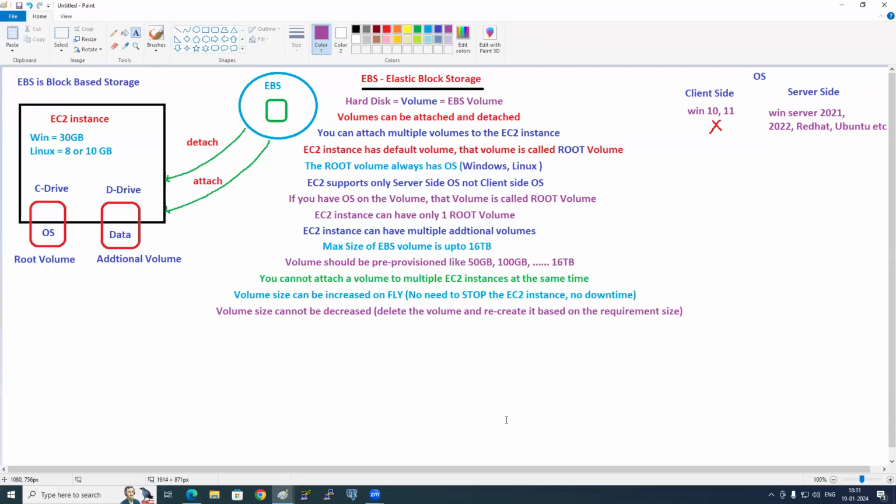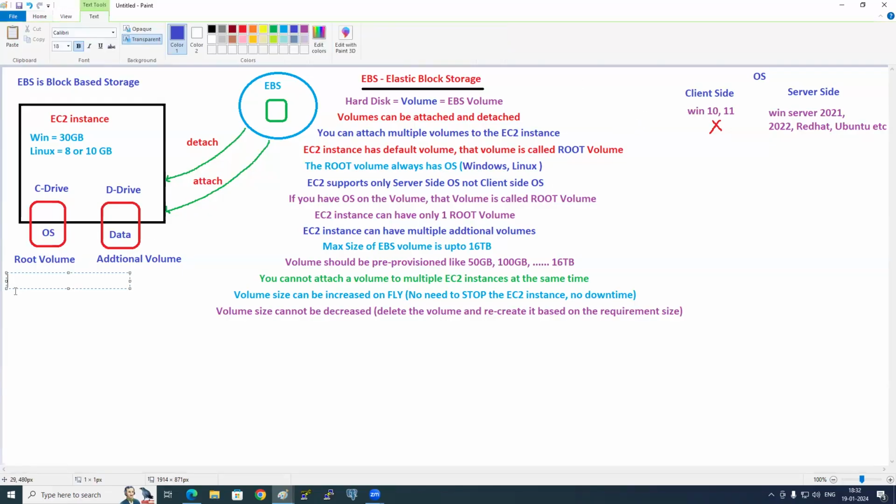How does the EC2 instance know this is the root volume? Because it is attached as /dev/sda1. So EC2 instance will look, where is /dev/sda1? As you have attached the root volume as /dev/sda1, automatically EC2 instance will go inside it, find the operating system and boot from it. So that is the root volume device name. That is a perfect certification question.